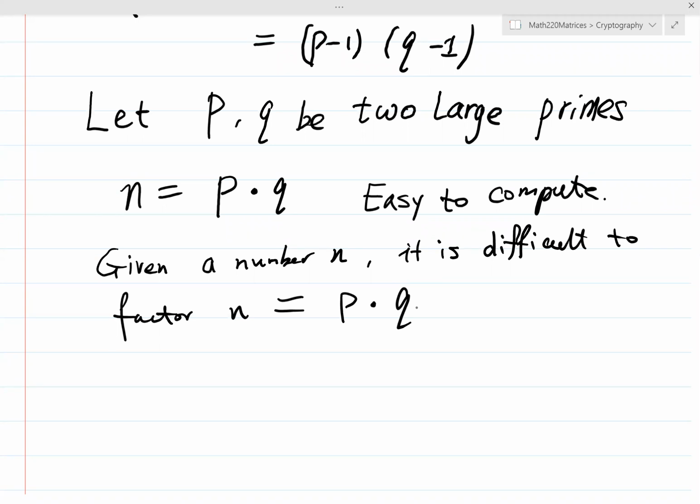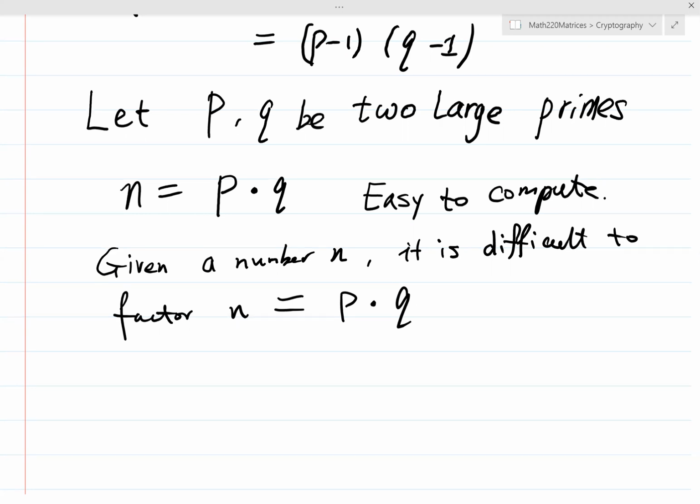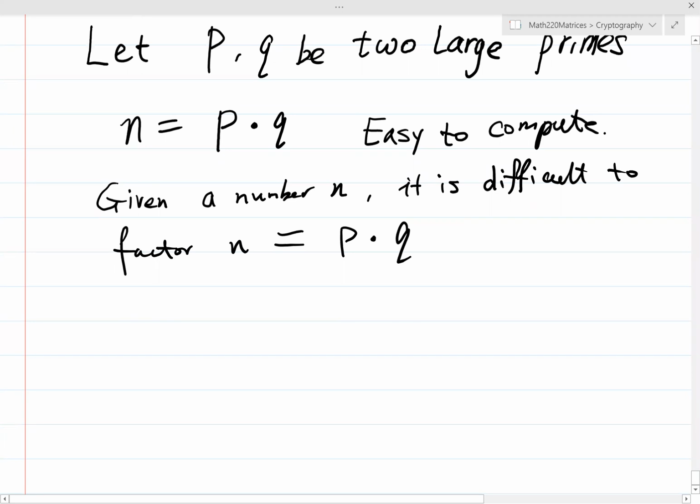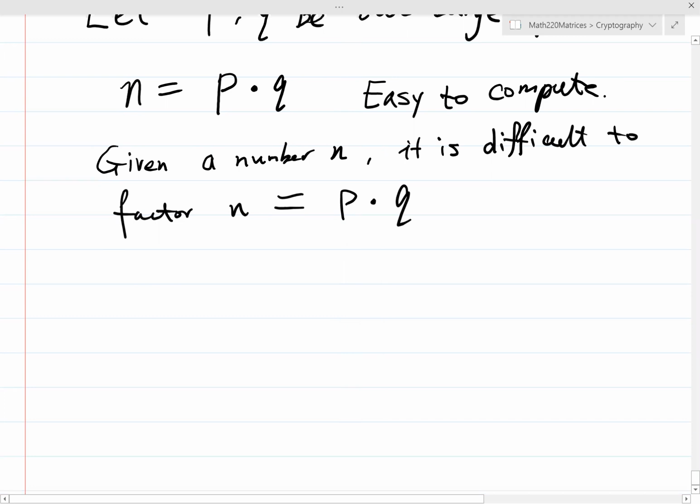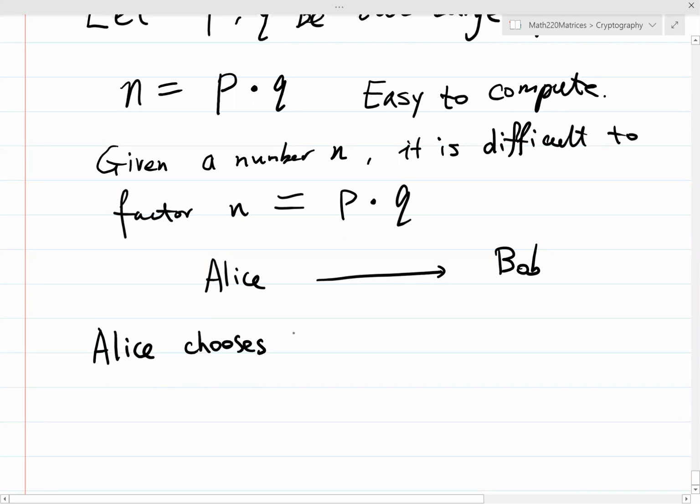Actually, you can do something with this. Now, the following process is how we do RSA. Suppose we have Alice and Bob, and they want to communicate. What Alice does is Alice chooses two primes, large primes,